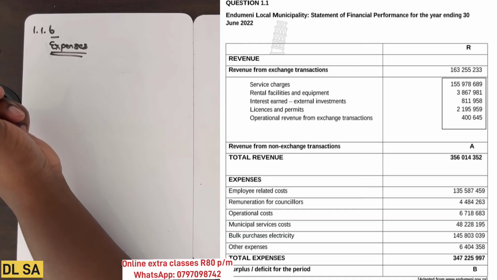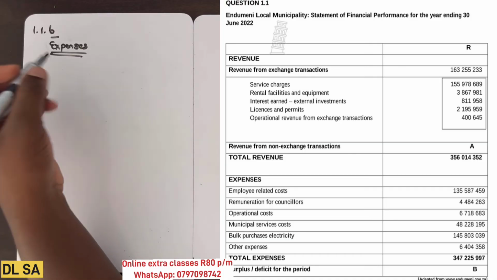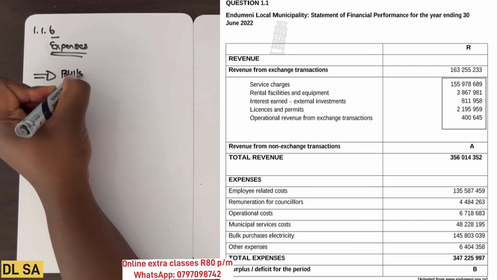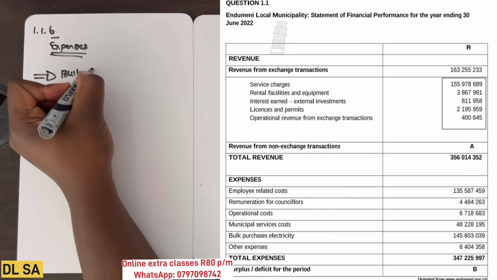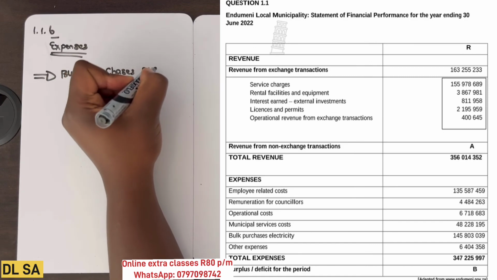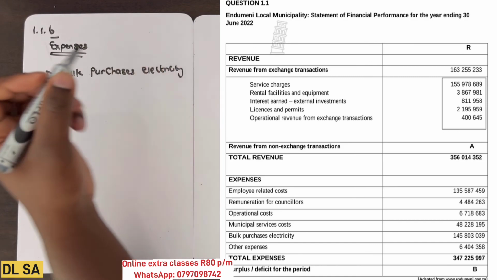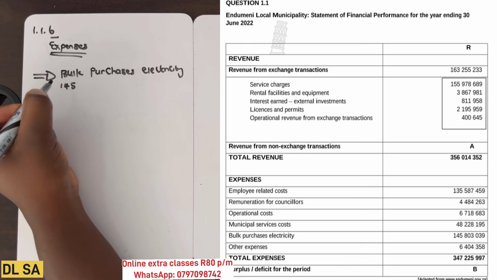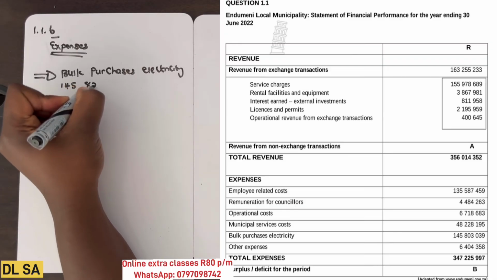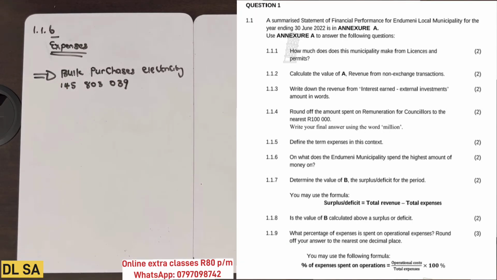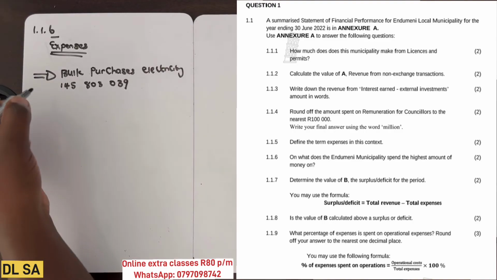If we go on expenses, you will notice that the municipality spends the highest amount of money on bulk purchases electricity, which is 145,803,039 rands. So now let's move to question